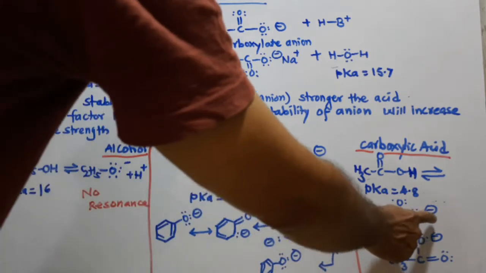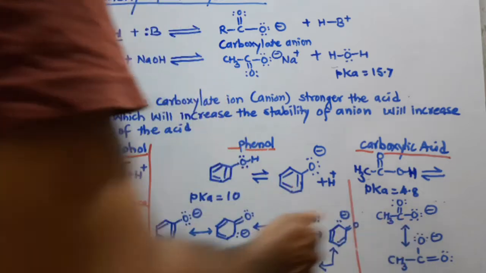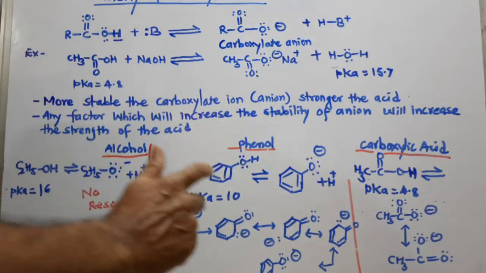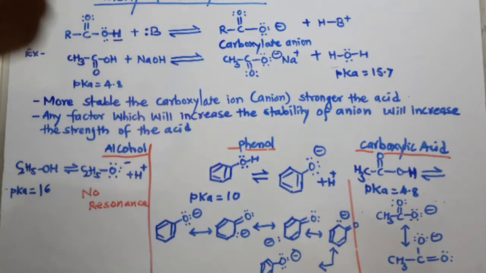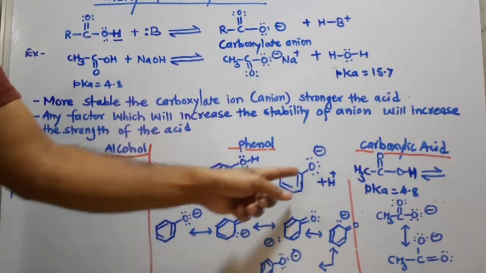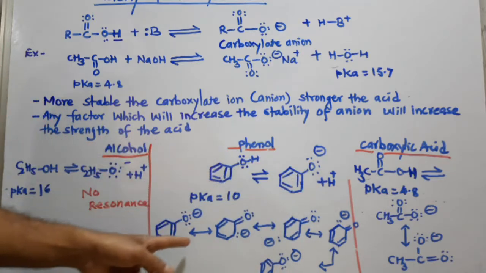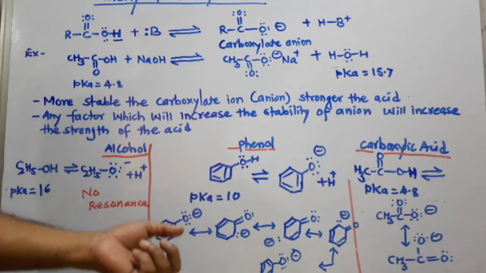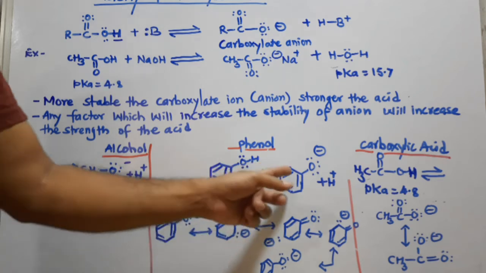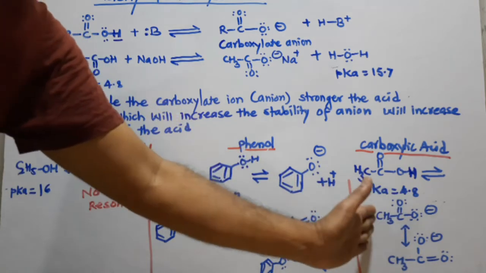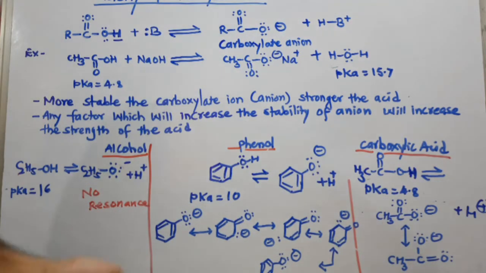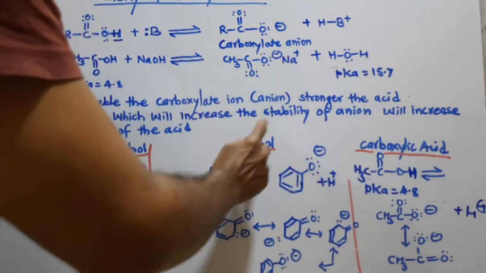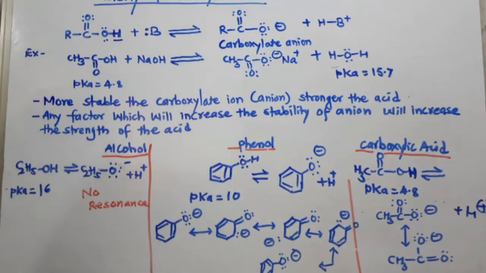This is not actually true. Why? Because here the negative charge is distributed among 2 oxygens which are more electronegative, and if the negative charge is present on a more electronegative atom, that anion is more stable. But in phenoxide the negative charge is distributed on 1 oxygen and the remaining carbons, and carbon is less electronegative. So when we compare the stability, phenoxide is less stable as compared to carboxylate. If it is more stable, it gives a proton, H plus ion, more easily, and because of that carboxylic acids are more acidic than phenols, and phenols are more acidic than alcohols.